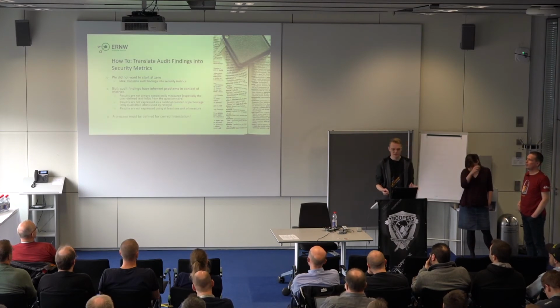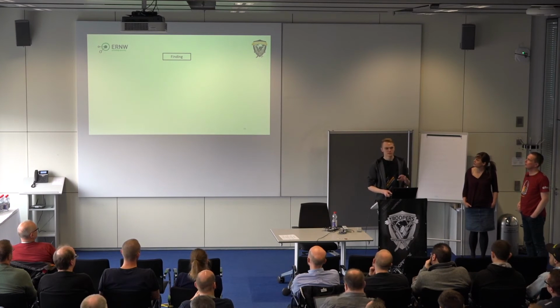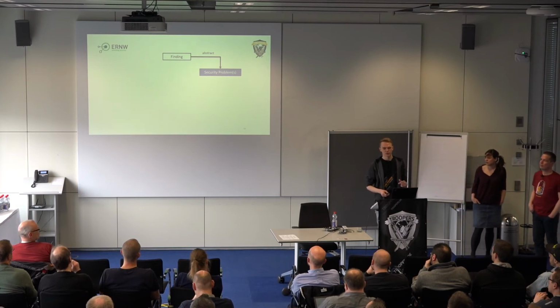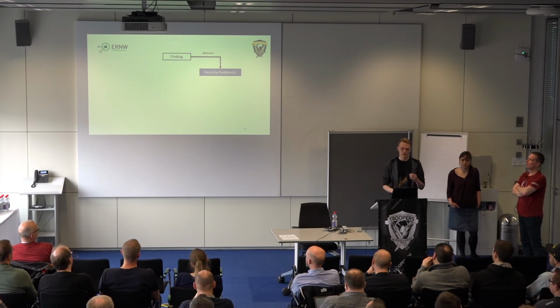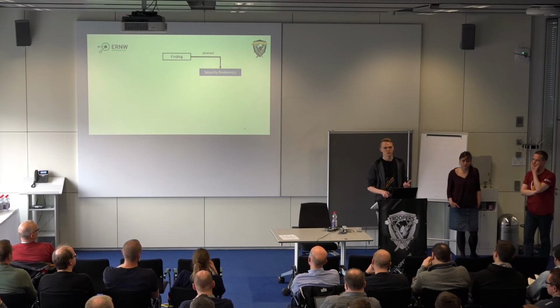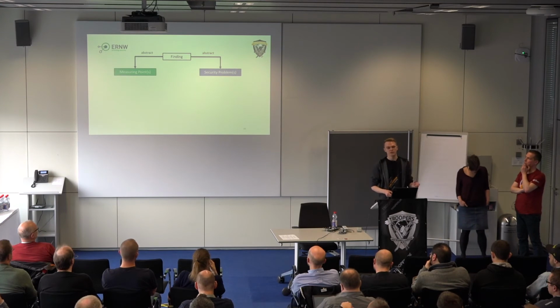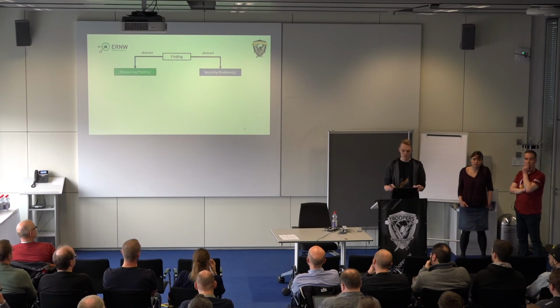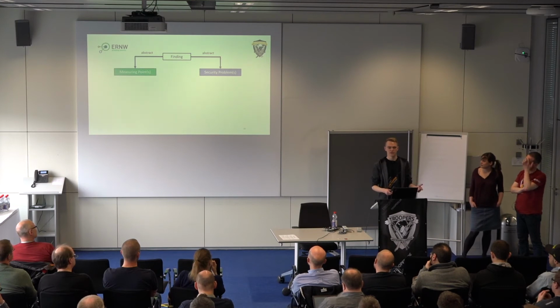And yeah, so we had to define a process for the correct translation. Here we have an overview of this process. We begin with our findings that we have defined before. And from these findings, we abstract the actual underlying security problems. These are very general, very broad at first. It serves the purpose for us to better understand what the actual problem is with this finding. And on the other hand, we also abstract one or more measuring points. When we performed the assessment, we already had to know where we have to look at to identify if this is a finding or not.